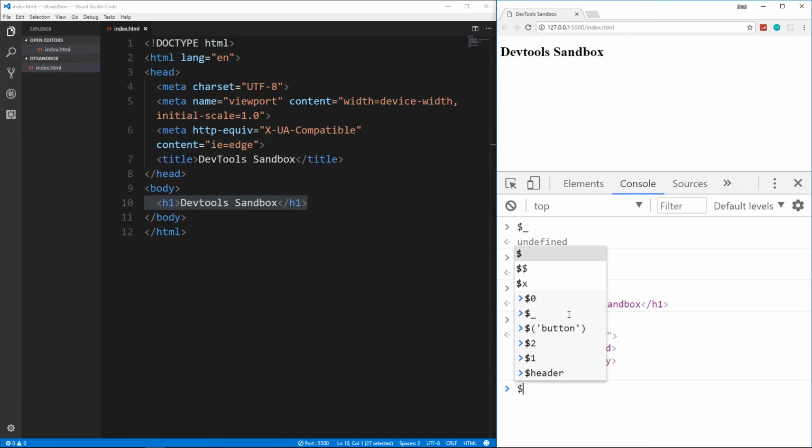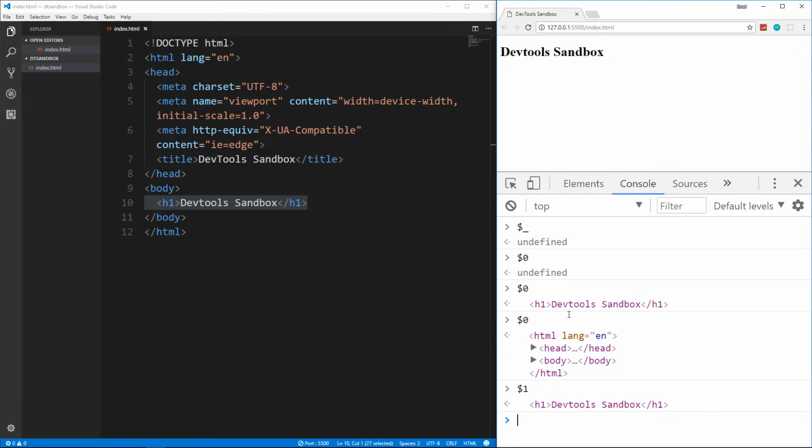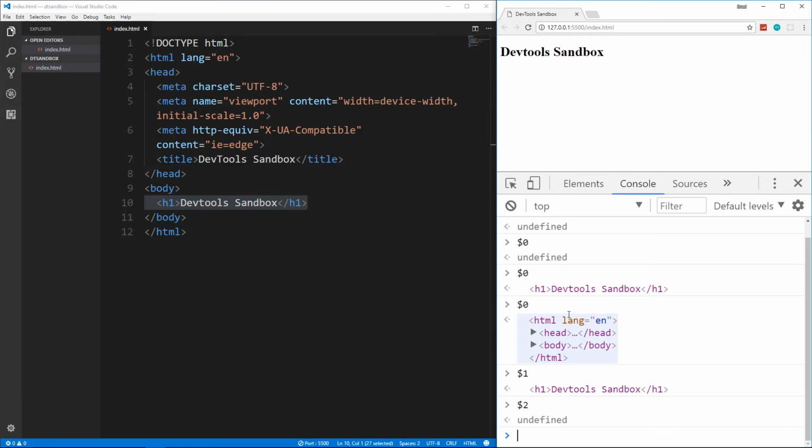All right, now if we do $1, we get the DevTools because that was the one we selected before that. If we do $2, we'll get undefined because we did not select anything before that. The H1 was the first thing that we selected. All right, now you can also use the $ as an alias for